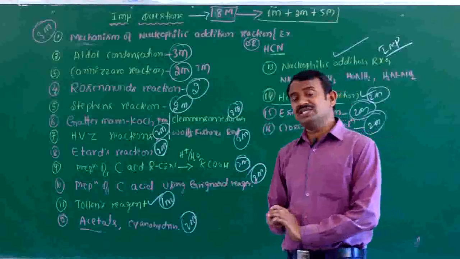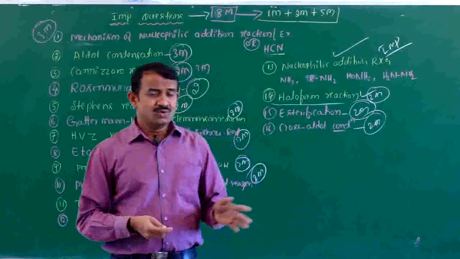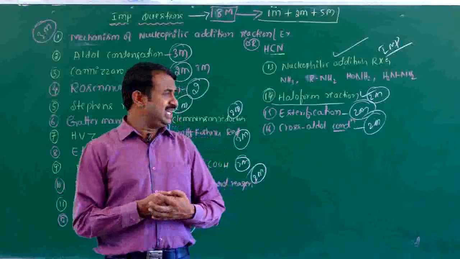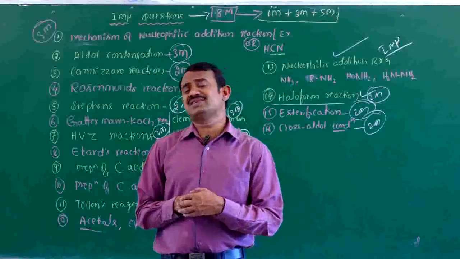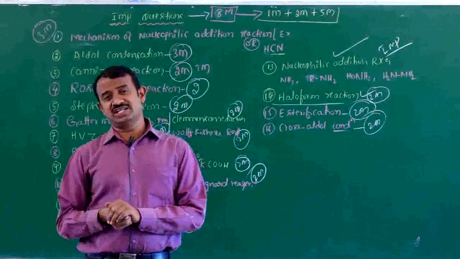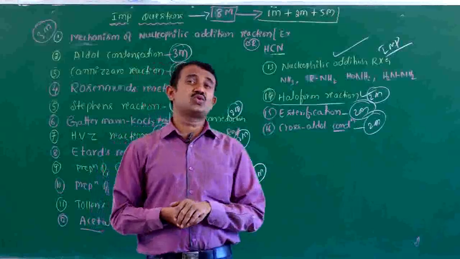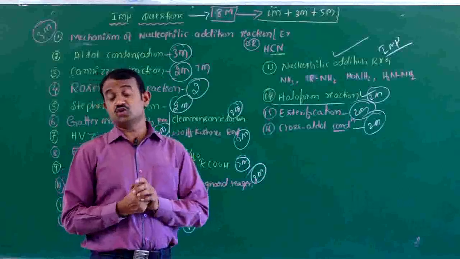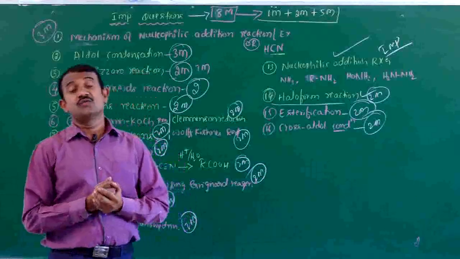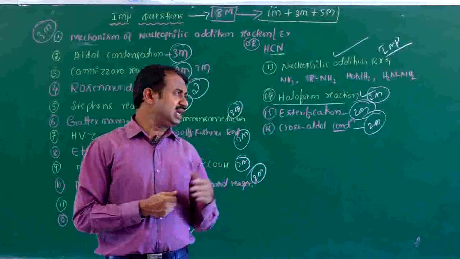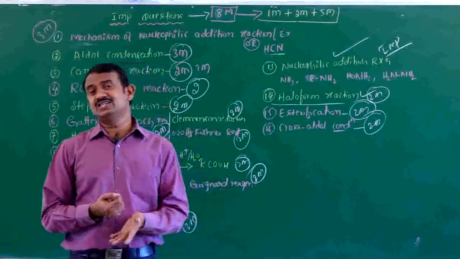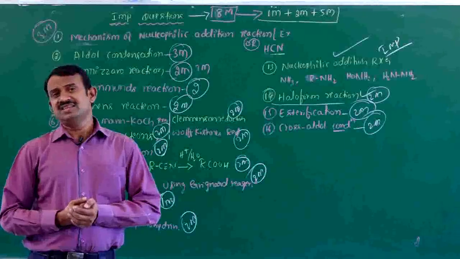Next we will go for the uses of carboxylic acid. Formic acid and acetic acid: acetic acid is used as vinegar in the food industries. Benzoic acid is used for synthetic perfume, and sodium benzoate is used as a food preservative. Hexamethylene diamine and adipic acid are used for the preparation of nylon 6,6.